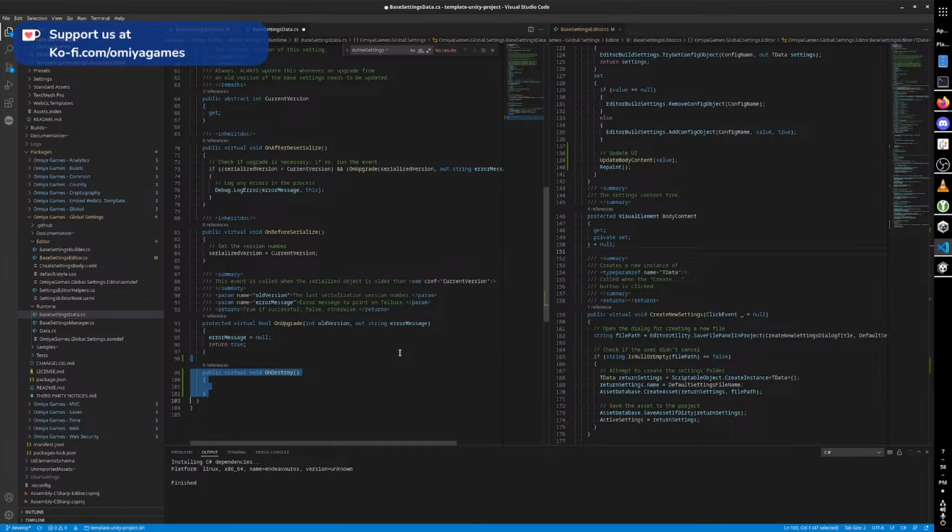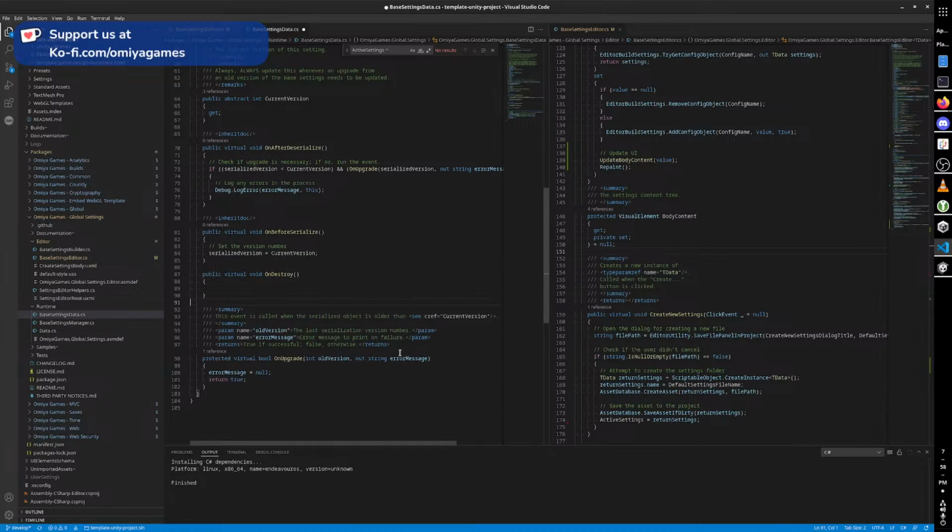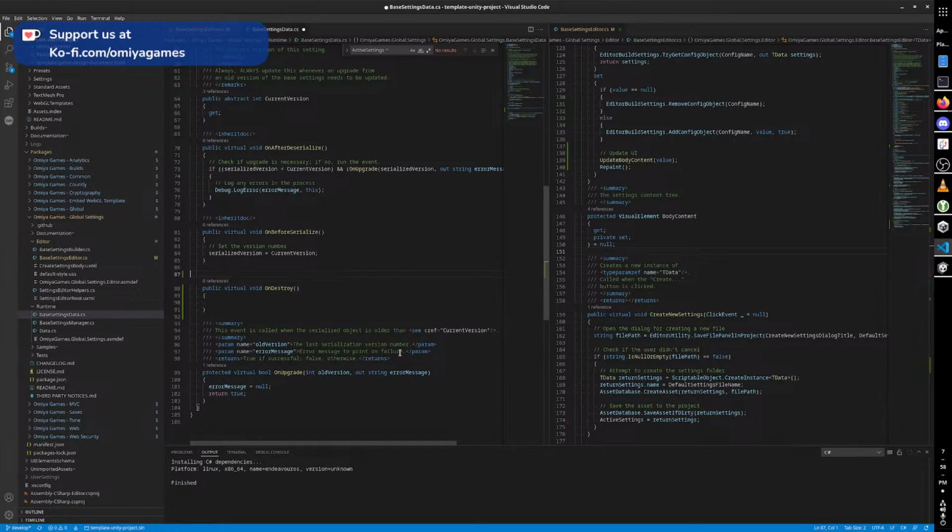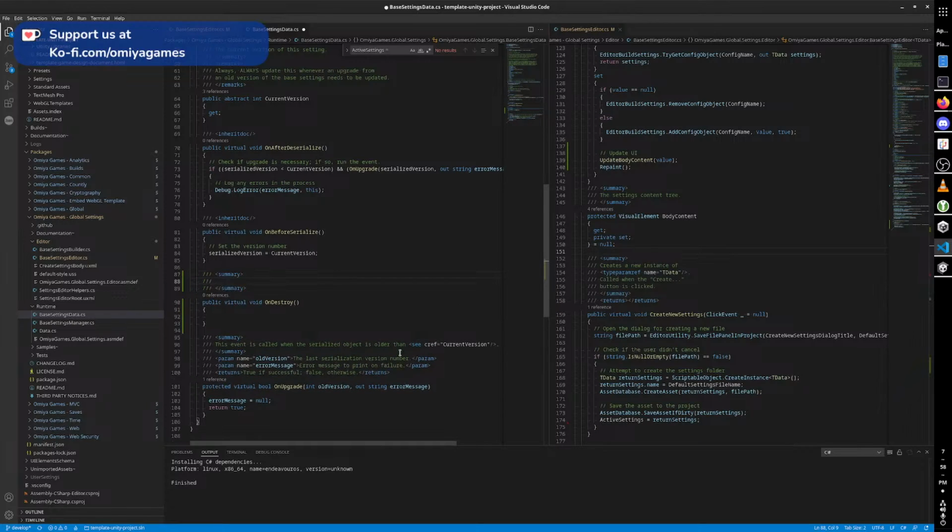And more importantly, I need to actually be able to listen to that event. Called before this object is destroyed. Honestly, this should be protected. I don't want any scripts to call this method. So it'll probably make sense to plot this towards the end, if anything. But it is a Unity event, so